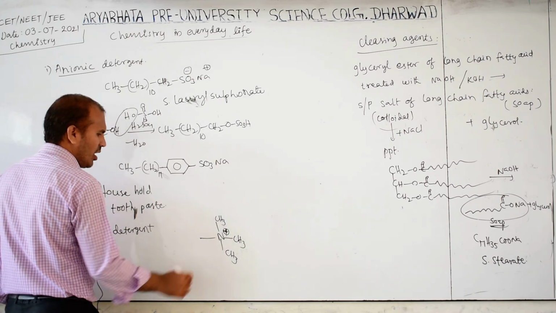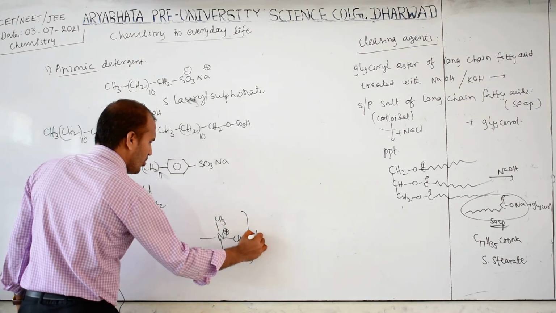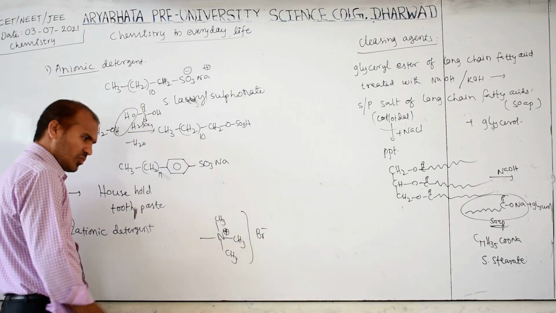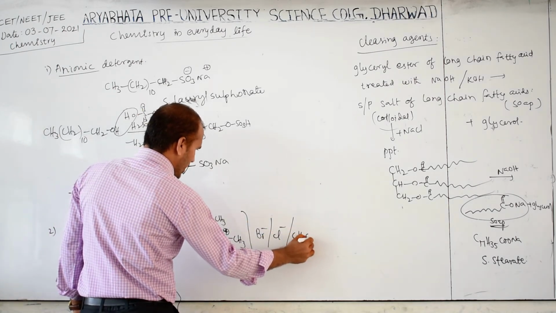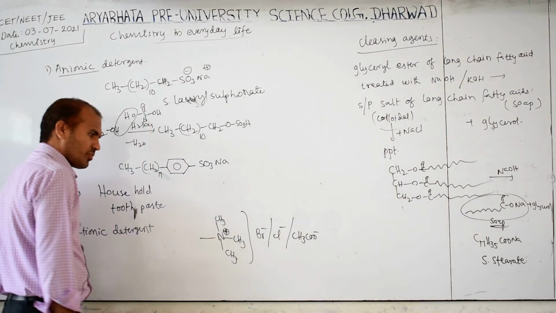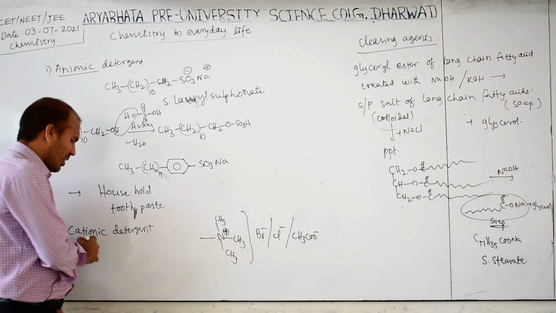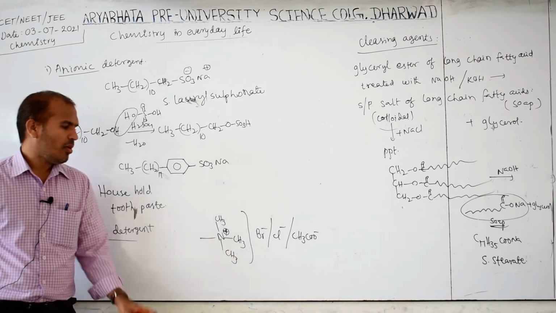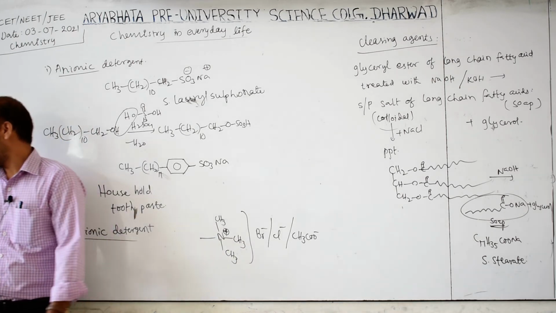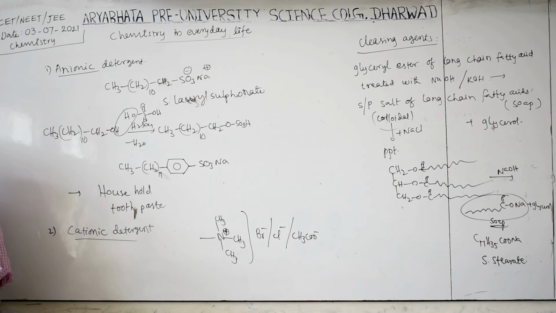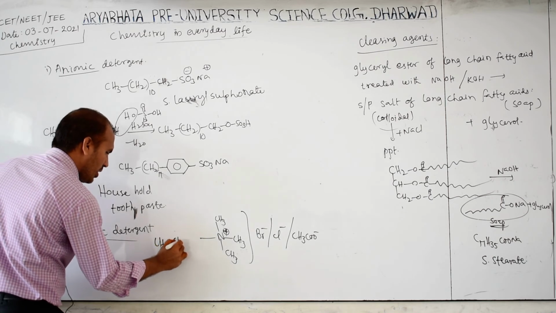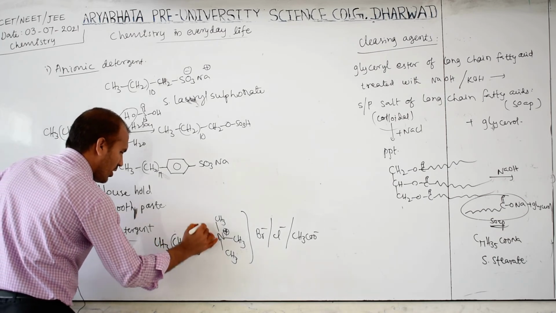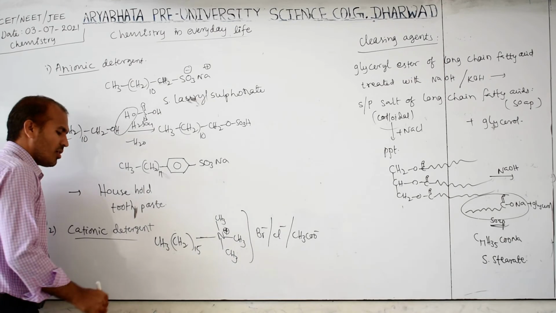This will have a very long chain. Along with this, you may have an anion here, maybe bromide ion, maybe chloride ion, maybe acetate ion. This is called the cationic detergent general formula. But in your textbook, this long chain is given. That long chain form is CH3(CH2)15. So this is called cetyl